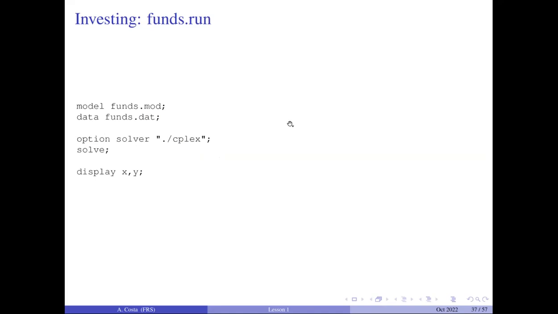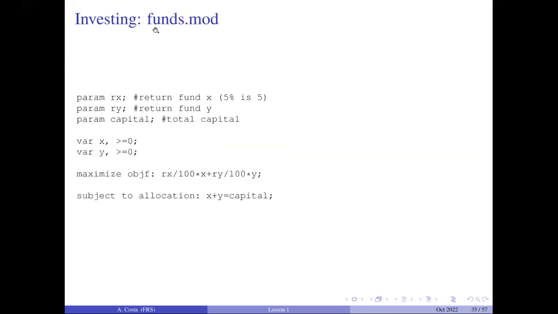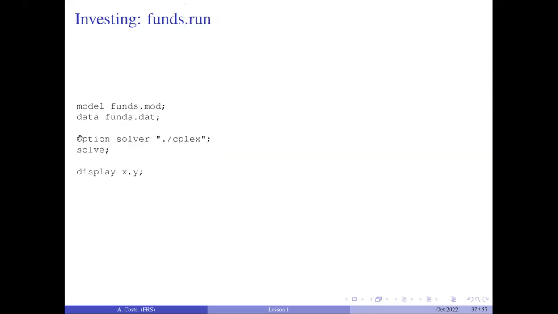What about the run file? Well, in the run file, we have to define the model, so funds.mod, and the data, funds.dat. We assume that these two you see here, I call this file funds.mod and funds.dat. And then we have to tell AMPL that we are using CPLEX as a software to solve the problem. We tell AMPL that we want to solve the problem, and then we want to show the values of X